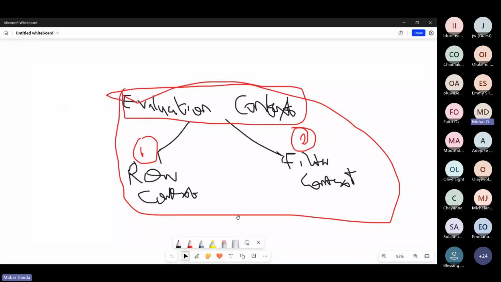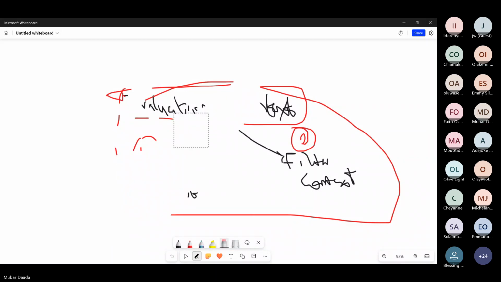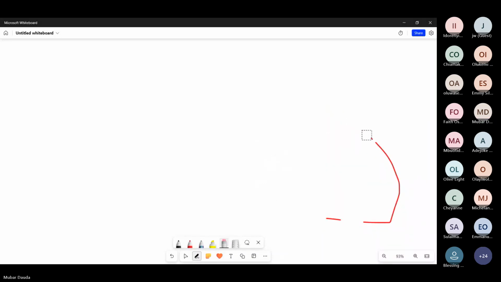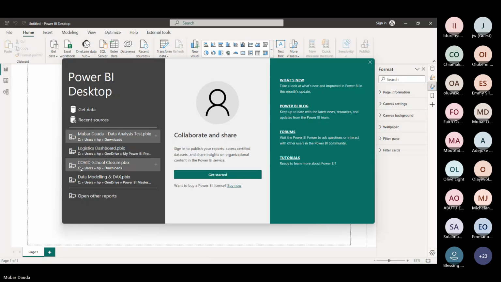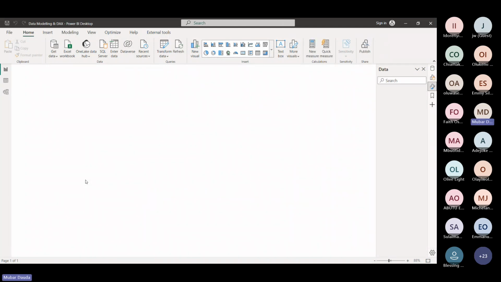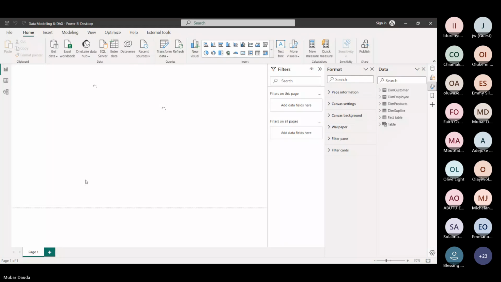So comes to my iPod. So data modeling on that. So